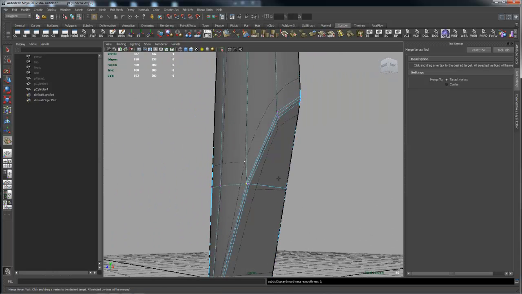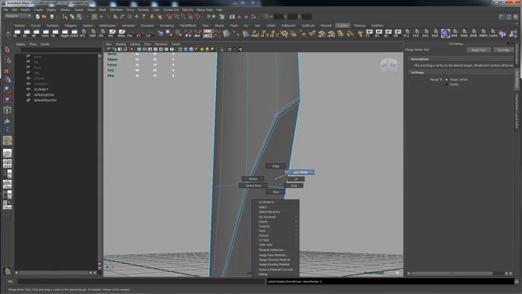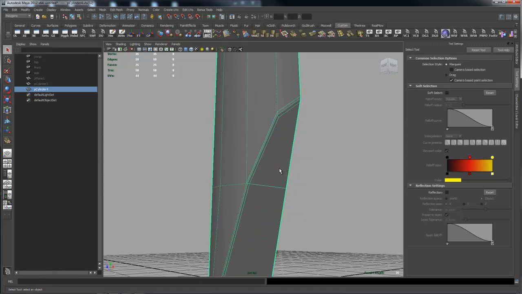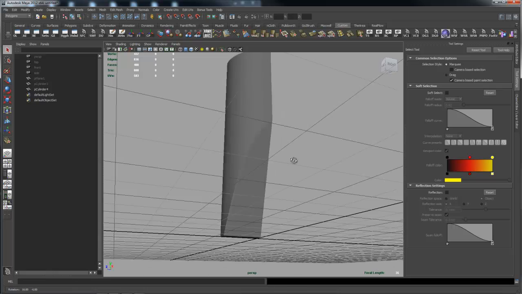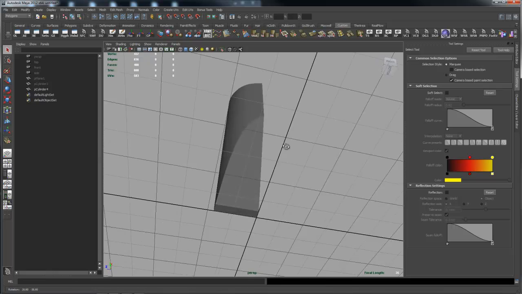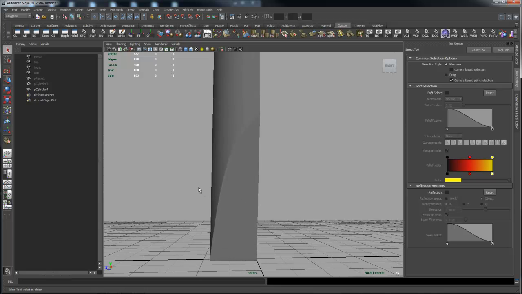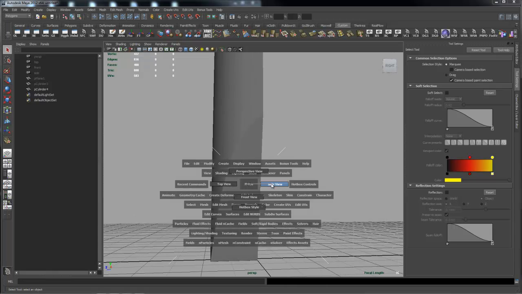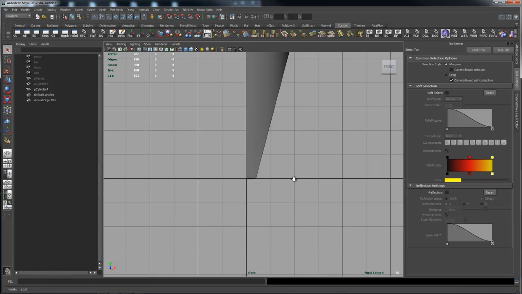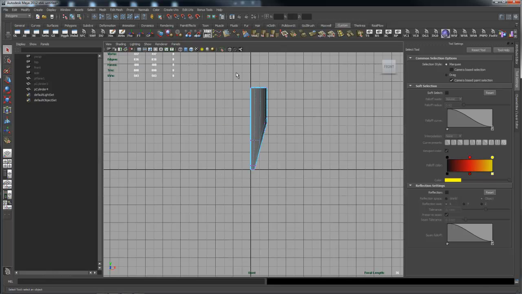And now if I throw smooth on this, let me come out of here, drop the tool, just throw smooth on it. You see, there we go. We're really done. Now all we have to do is make sure vertices are on the axes and then do some mirroring. So I'm going to go to the front view, and I'm going to take all of these vertices right here,